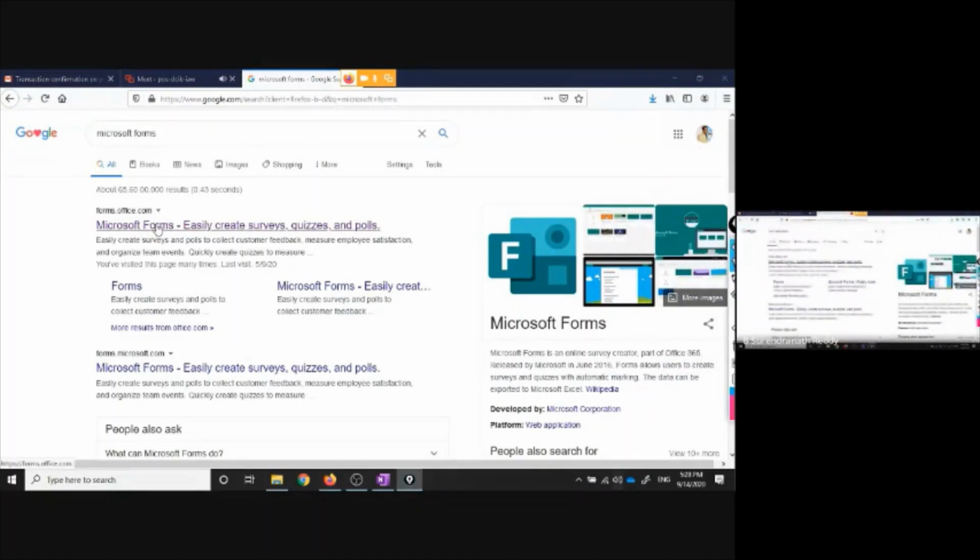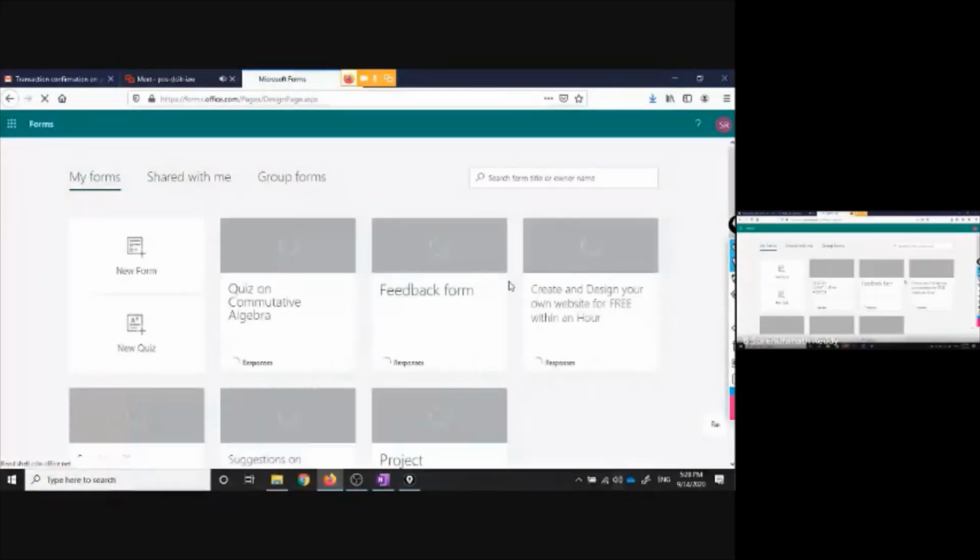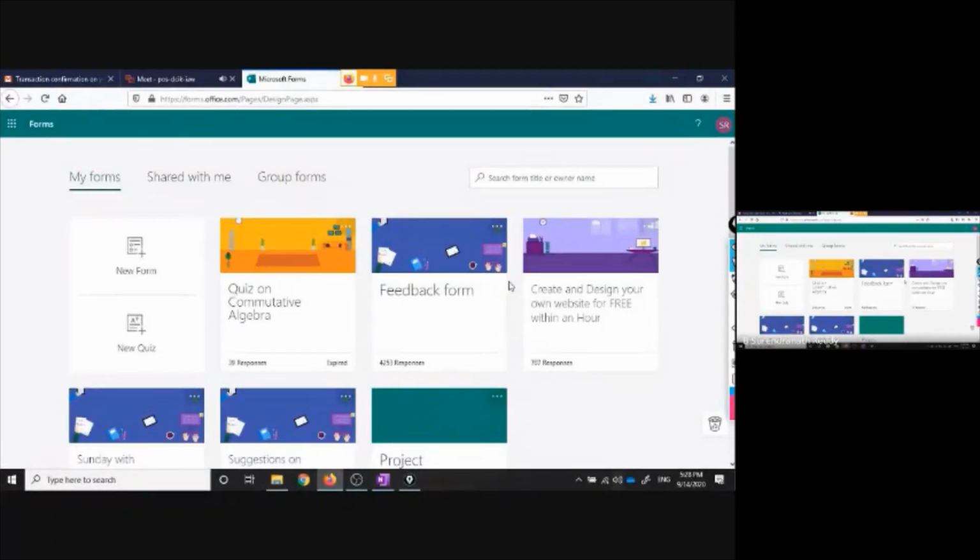Then it requires a login. Because I have already logged in, it will directly take me in. Otherwise, once you click on that, just like how you enter Google, it will ask for a Microsoft account. One can get it freely. It is not the institutional ID which I am talking about. Anyone can get Outlook Express freely.